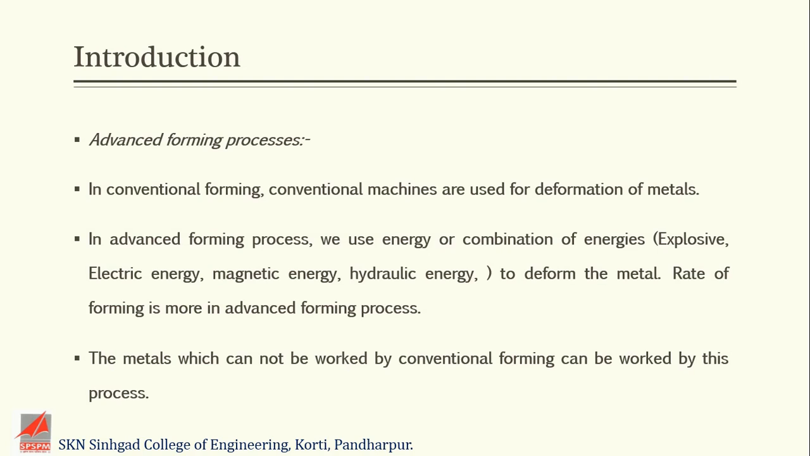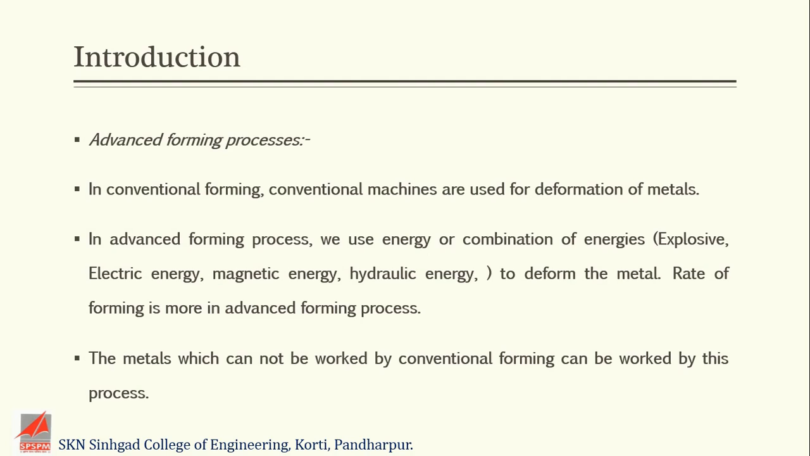In short we will see this. In conventional forming, conventional machines are used for the deformation of metals, like extrusion machine, press machine, bending machine, rolling machine, forging equipment. All these are the conventional forming processes in which there is a contact between tool and the workpiece. And in advanced forming processes we are using single energy or a combination of energies to deform the metal,